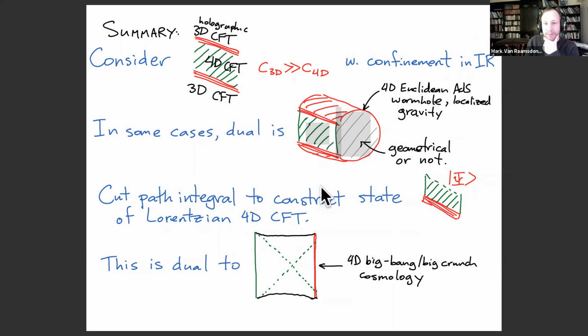Yeah, so let's see. I guess there's three pictures. One of them is the picture that I've drawn, but now just interpret this as a Lorentzian field theory with a time. That would just be describing some ordinary field theory on a strip. And that's the picture that you would really say is like a confining or gapped 3D gauge theory. And in that case, the gravity dual is this geometry,